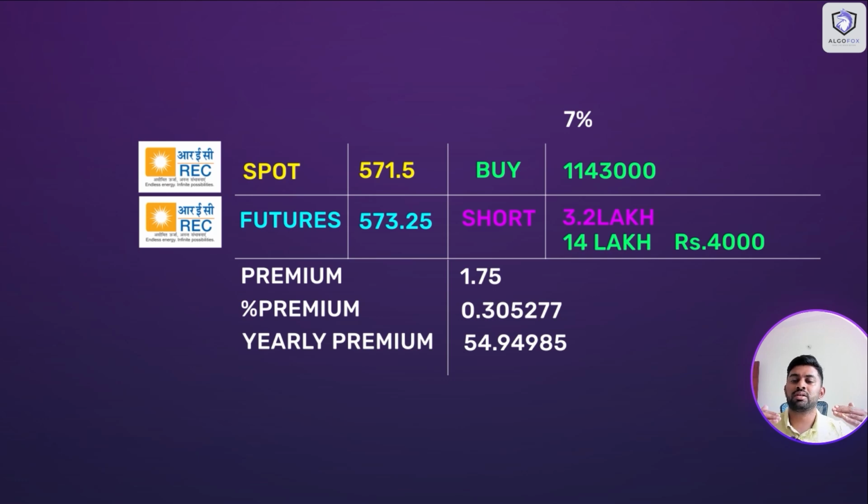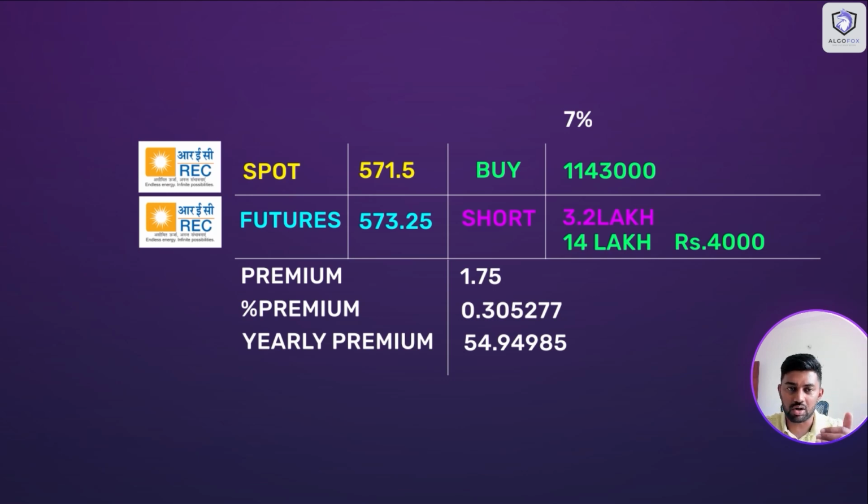So eventually we have an assumption that at 3:30 p.m. today, that is today's expiry, the difference between spot and futures will narrow down and become zero. So it does not matter if the market goes up or down, you will still make the difference. For example, if the market goes up, spot price will give you profits, futures will give you a loss, but when the difference narrows down, spot will give you more profits than the losses in the futures.